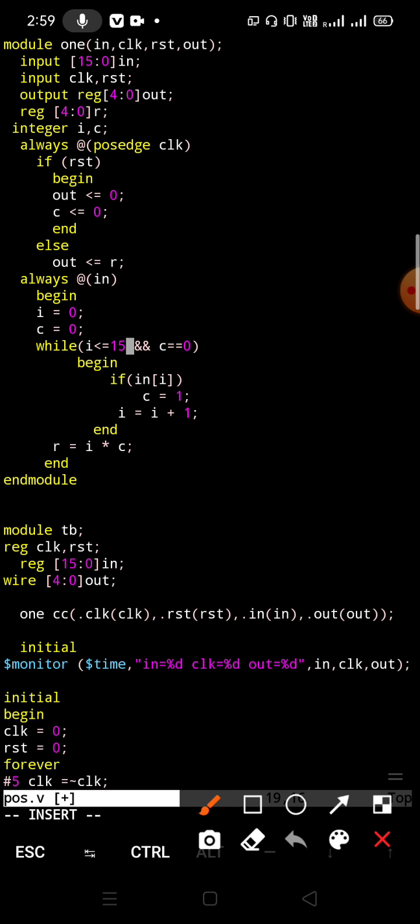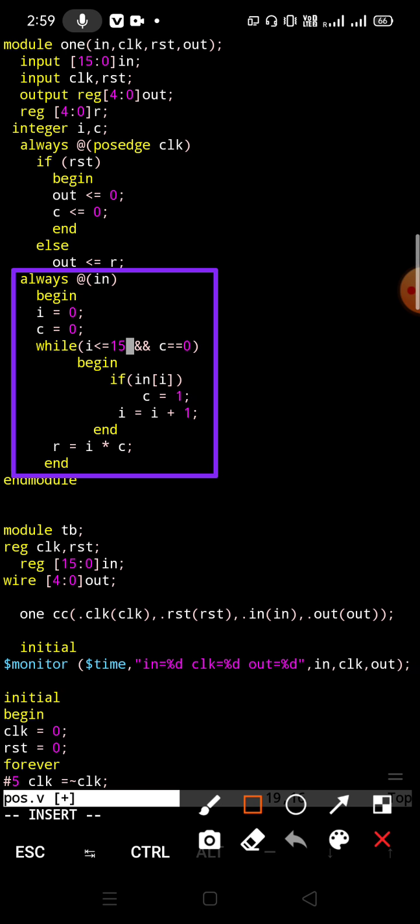now come here, this is our always block. I less than or equal to 15 and C equal to 0. That means both the counter is 0 and I is within 15, when these two conditions are satisfied, only then will we enter into the while loop.